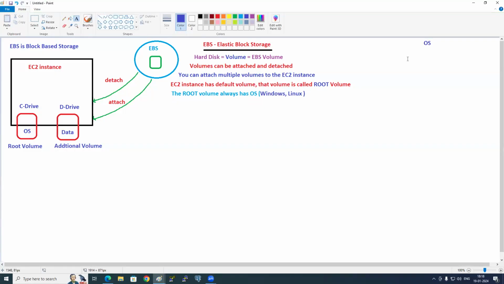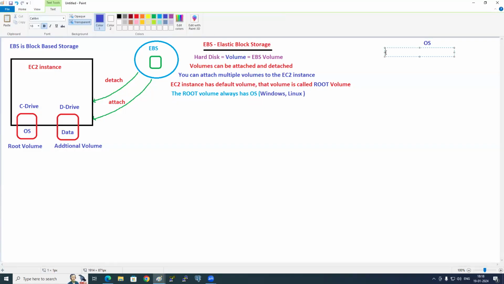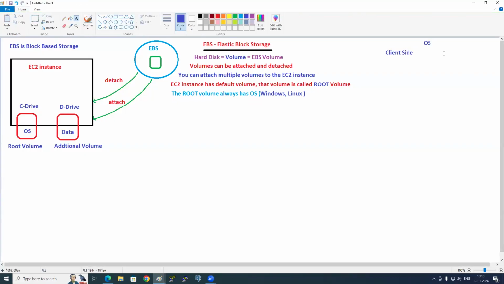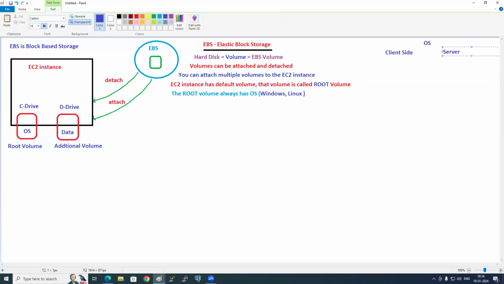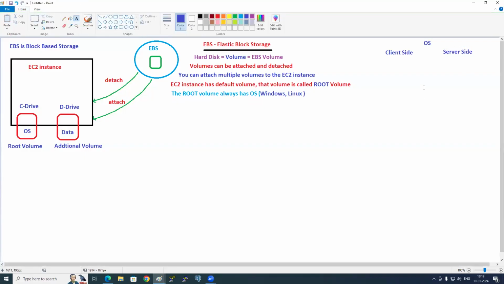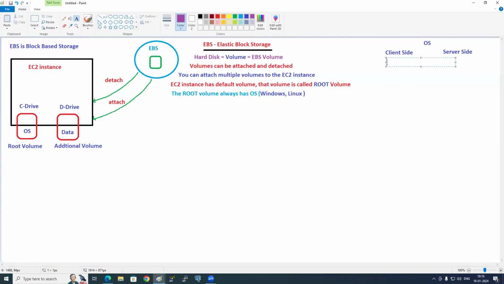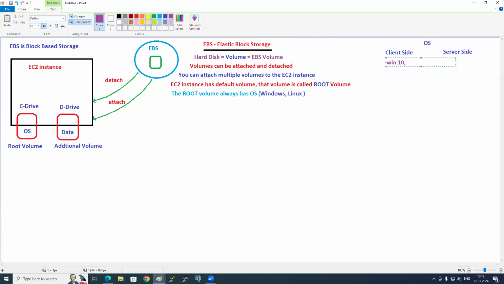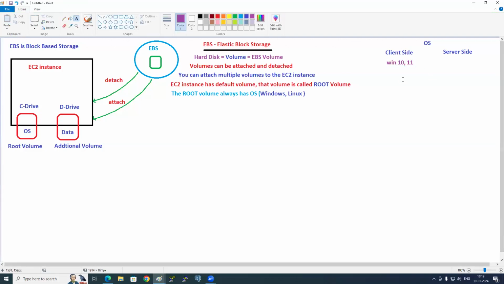And by the way, do you know that operating systems are classified into two types, not Windows or Linux? We call them client side operating systems and server side operating systems. Will EC2 provide client side or server side operating systems? Server side, not client side. Client side means your laptop has Windows 10, Windows 11, correct? Does EC2 provide Windows 10, 11?